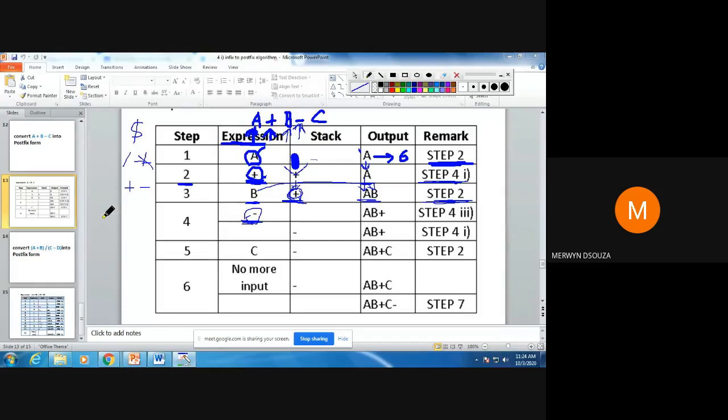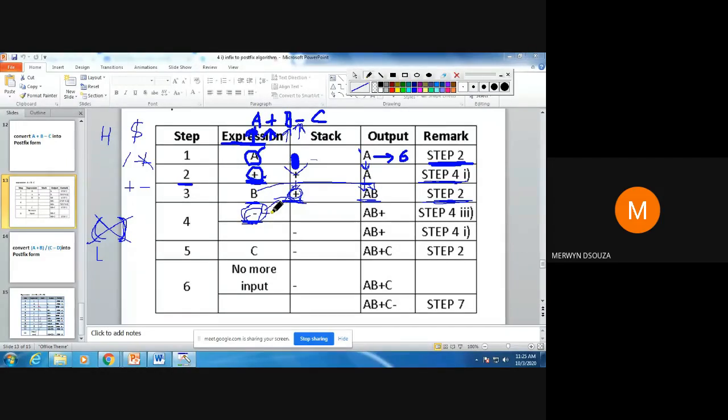Since we are converting to postfix, opening parentheses and closing parentheses are not required in postfix, so they have the lowest priority. Please remember that. So now this has the highest exponent, next highest is multiplication, division, and plus minus have the same priority. So when you check for the priority or precedence, both are having the same priority.